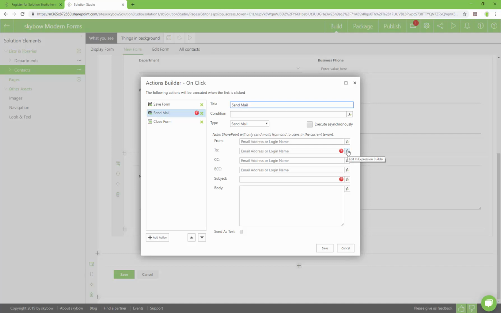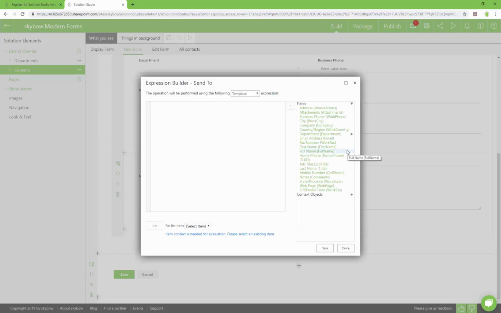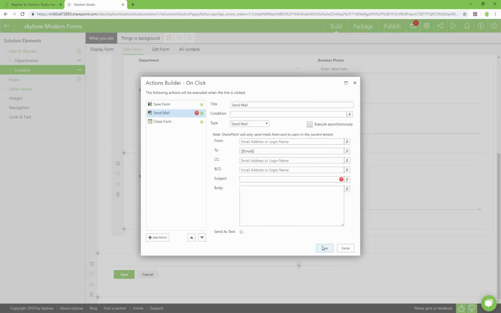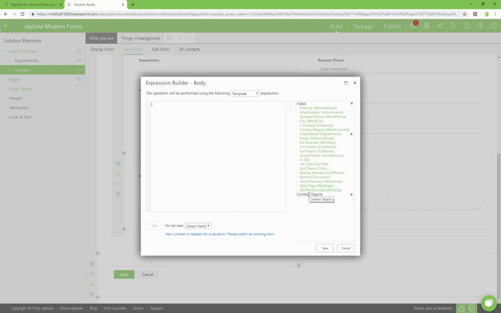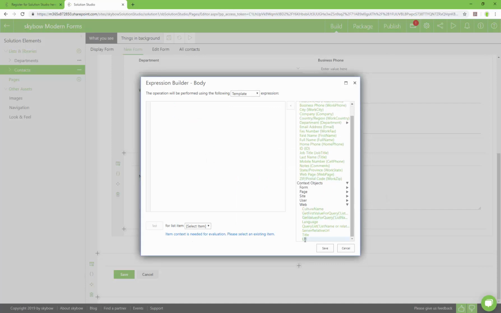As a recipient, I simply take the email address of the form which is entered by the new contact. Specify an email subject and a body which can be fully HTML. With the Skybo Expression Builder, you can add dynamic content to your email body.